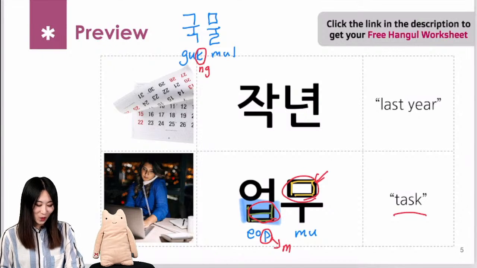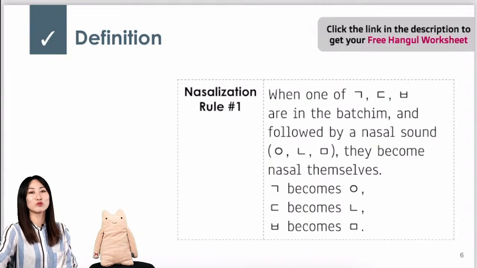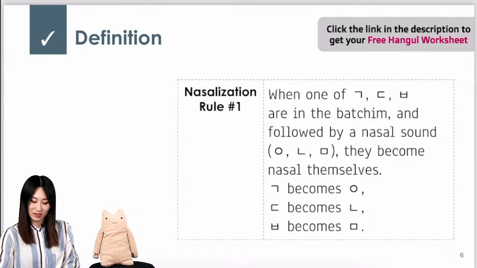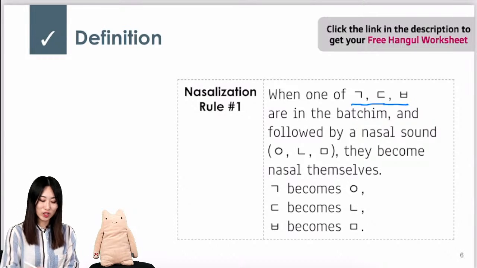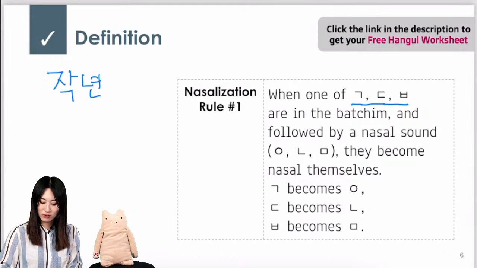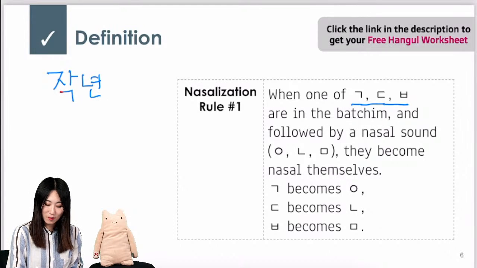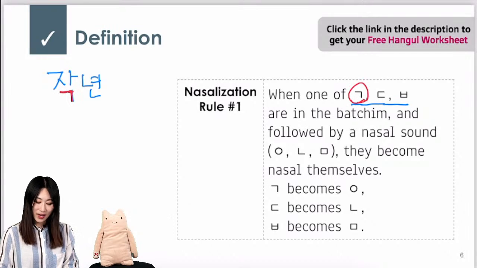Okay, since you are so good, let me now show you the rule, the serious rule. When one of the 기역, 디귿, 비읍 is in the 받침 position, just like 작년, because this alphabet is one of these, right? These are in 받침, and